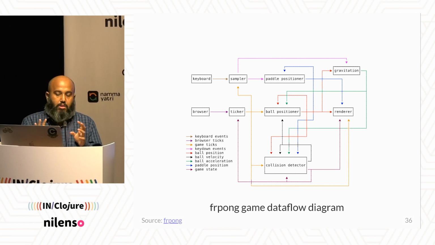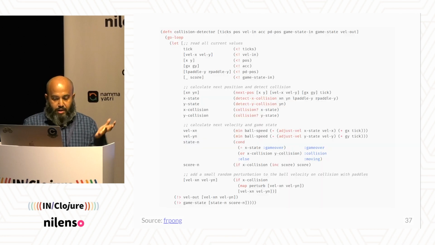And I wrote all of these as separate things, and then I just glued them together. In this case it was Clojure, so I used core.async channels, and I just glued them together, and it just worked, right? In fact, I can just show you the code.